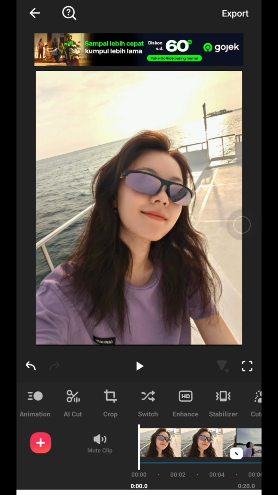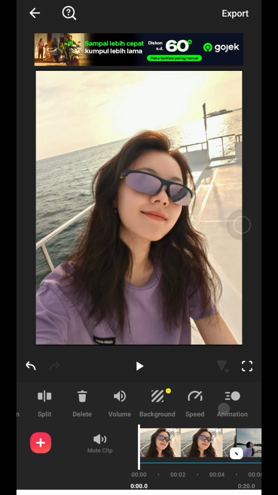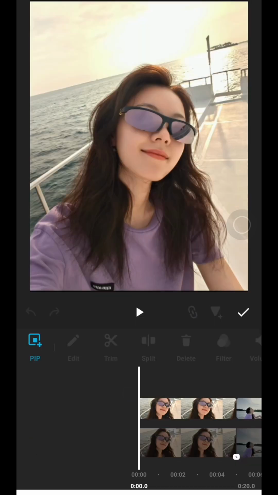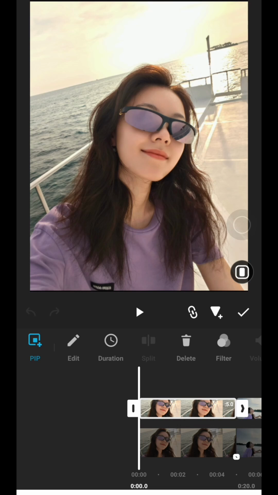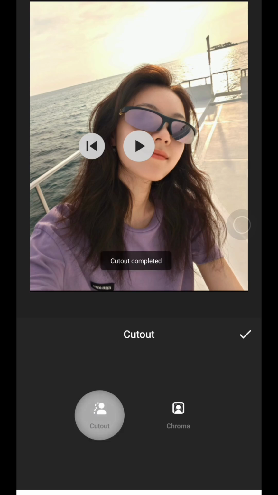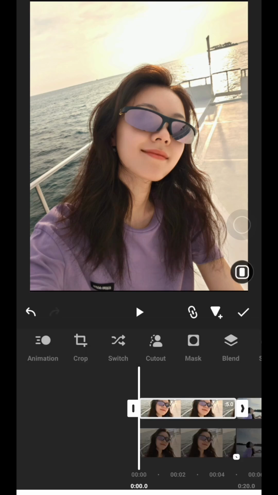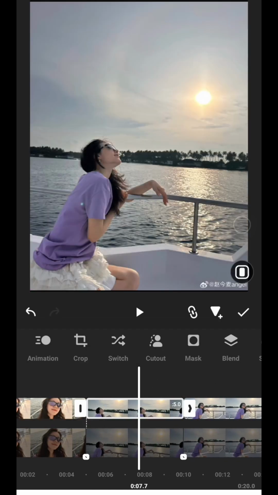Like this. And then on the overlay clips or PIP, just go to cut out to remove the backgrounds of the clips. And then just cut out all the clips